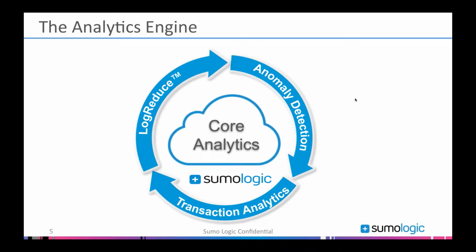Now, as all of the data gets into Sumo Logic, there is a core set of analytics available for you. All the data that gets into the service gets annotated and parsed. You can extract fields from the log data and put a little bit of structure on it on the fly as the data is coming in. Then all of the log data gets indexed so that you can easily search it. It also gets fed through what we call a continuous query engine, so that if you have a trend you would like to monitor or an error threshold that you're watching, you can monitor it live. As every bit of log data comes in, those trends get updated as we go along.